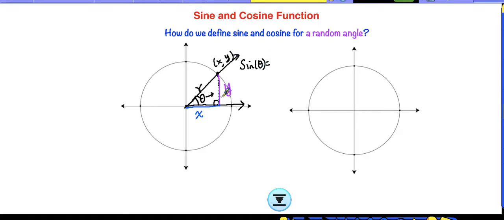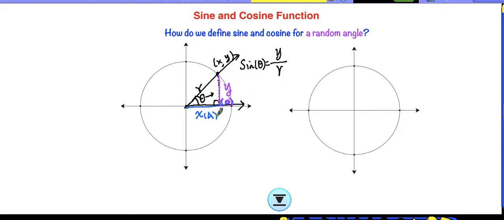And this is exactly what happens to our opposite side. Let's use this one. Opposite side and adjacent side, right? So according to the definition, we know sine is opposite over hypotenuse. So opposite, which is y, over hypotenuse. What is the hypotenuse here? Yes, it's the radius. So in a random circle, we use the coordinates of the angle over the radius,